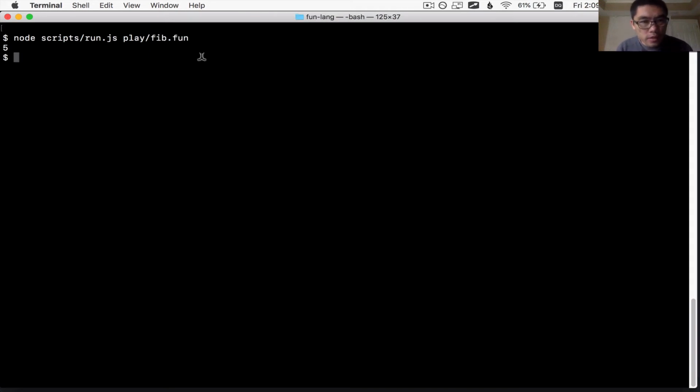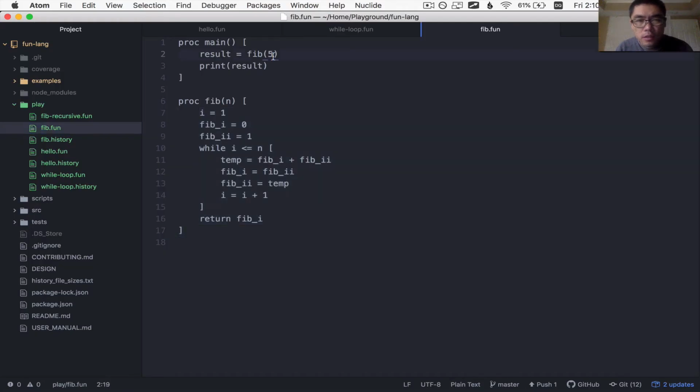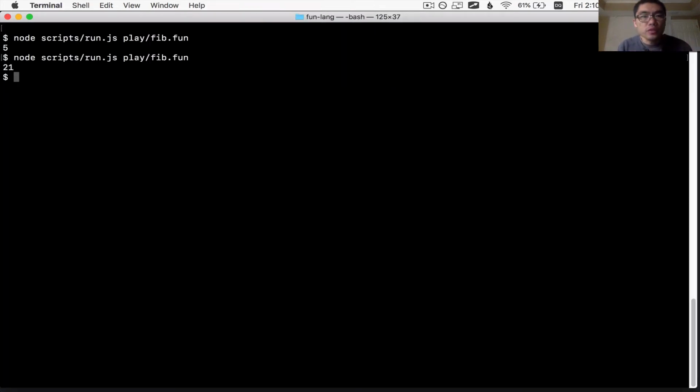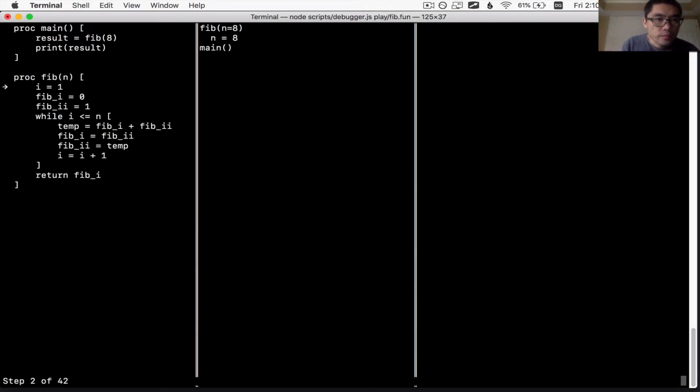Okay, so it calculates the Fib of 5 is 5. Doesn't seem very interesting. Let's go Fib of 8. Fib of 8 is 21. So now let's use the debugger to sort of examine what happened. Okay, so at the beginning, we're here where we call the Fib function, and when we